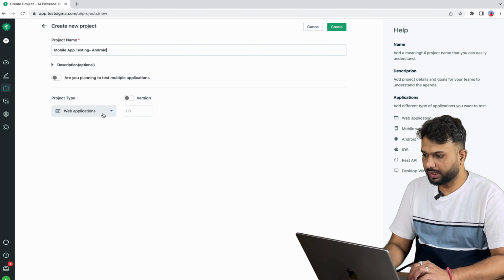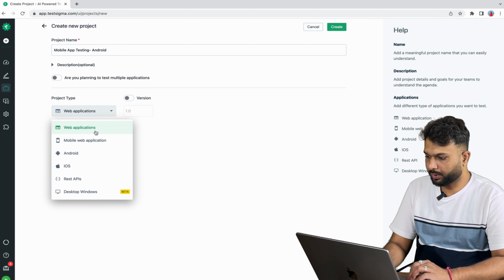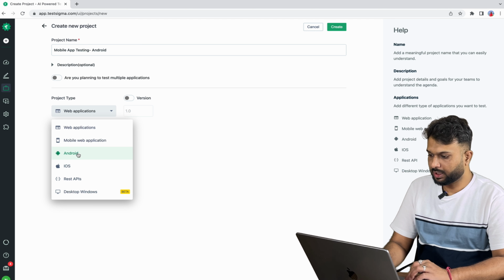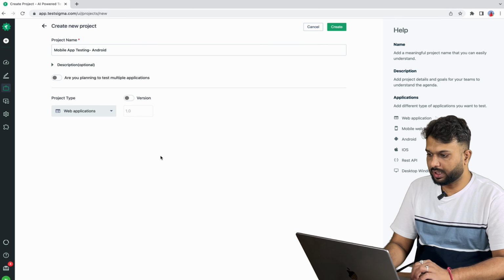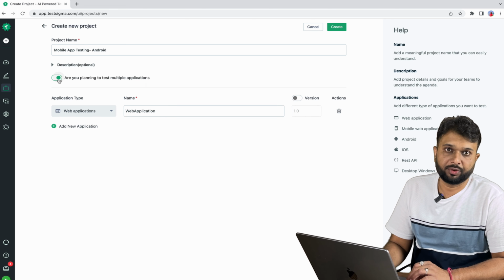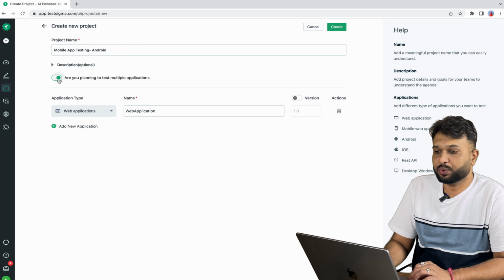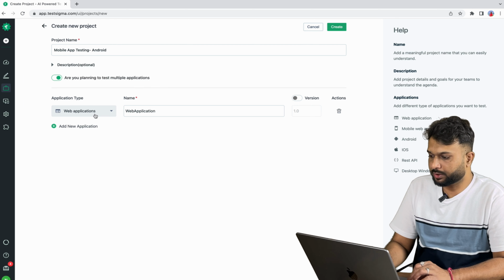And here we have to select which applications we are going to test, for example web, mobile, Android, iOS. Here I have an Android application. If we have multiple application types in one test, say in real time we are working on a web application and for a few tests we are going to use APIs as well, we can select multiple project types.